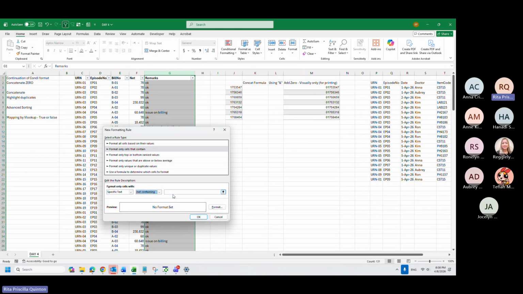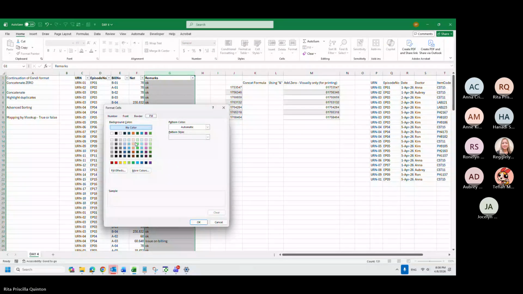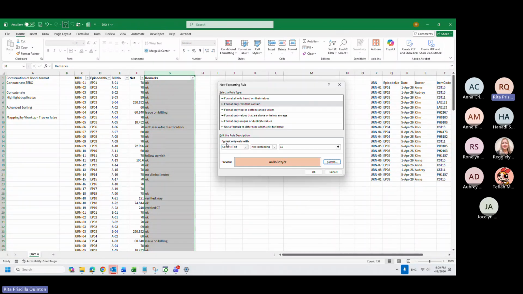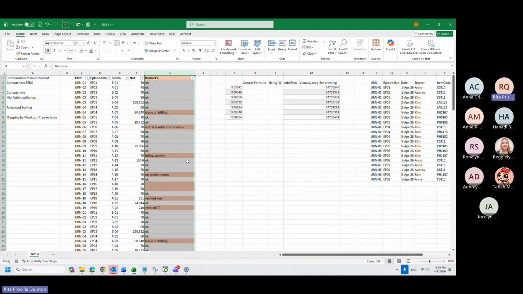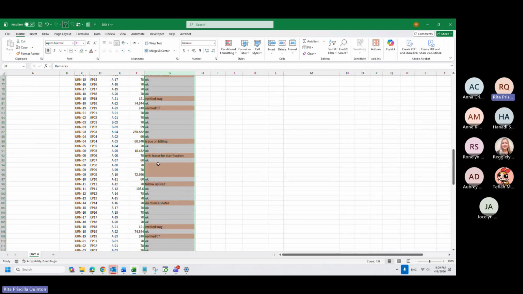Then we will put OK. Then you can pick what color you want. This means it will highlight cells with text not containing the word OK. Easily it will highlight for you. So it also includes the blanks.